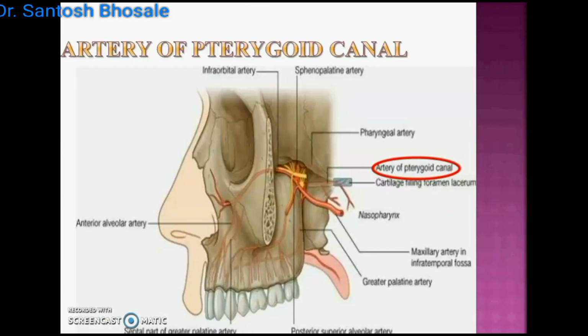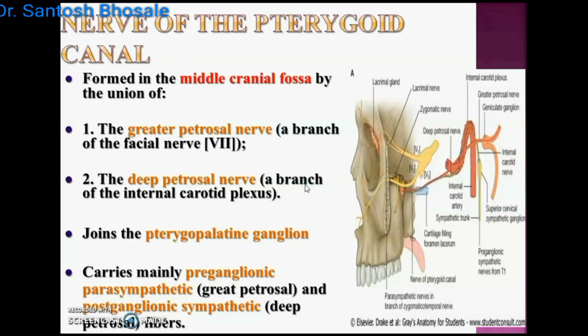And which structures pass through there? The greater petrosal nerve joining with the deep petrosal, forming the nerve of the pterygoid canal, and the artery of the pterygoid canal, a branch of the third part of the maxillary artery. You can see how it is entering there for the distribution. And you can see the nerve of the pterygoid canal. It is a very important nerve. It is in the pathway of the pterygopalatine ganglion, because it carries the preganglionic parasympathetic fibers from the facial nerve from the genu, and then it joins with the deep petrosal nerve derived from the sympathetic plexus around the internal carotid artery.